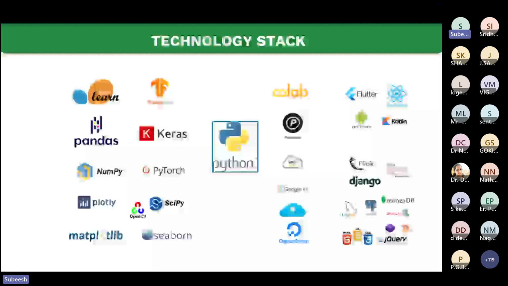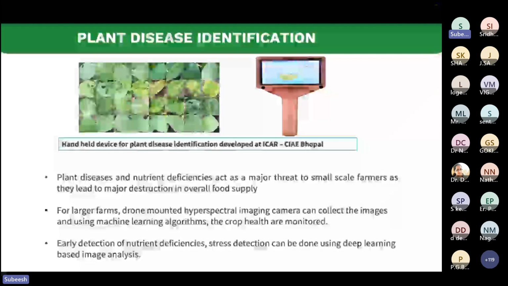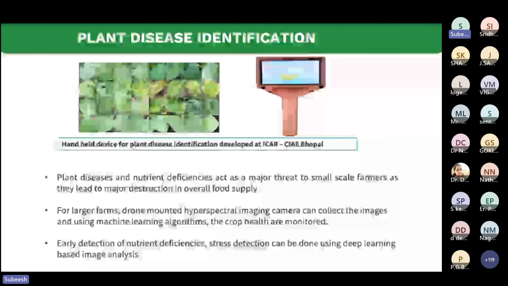So these are some of the applications that we have developed. We developed one plant disease identification system where you can capture leaf images. This is a very common example, and so many solutions have already come in this area. We started this I think 4 or 5 years back, before I joined ICAR. Plant disease identification was one of the key areas we were working on, and we worked on it for a soybean crop, and came up with a handheld device and a mobile application also. So this can detect the diseases. Similarly, this application can be extended to nutrient deficiency stress identification using deep learning.